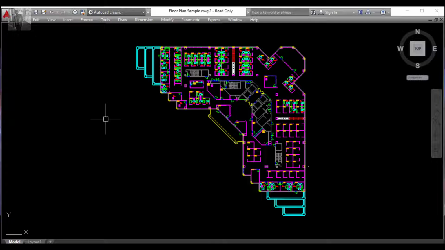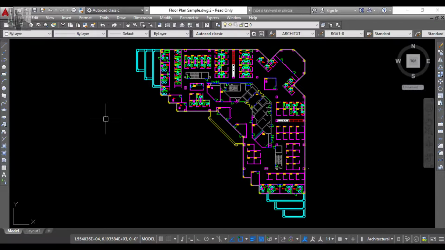All the ribbons, all the draw toolbars, all the modify toolbars have vanished from the drawing. This is called clearing of the screen. Suppose you have less graphics area or less screen size, then you can use this option. To bring it back again, I will press Ctrl+0, and to bring back the command line, I will press Ctrl+9.